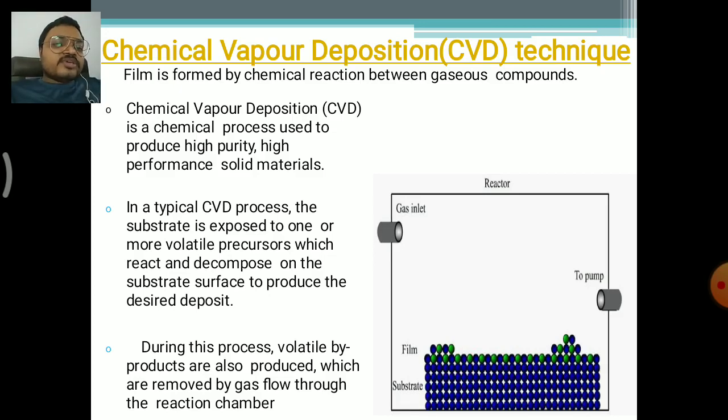On the left side we are using the gas inlet, so gaseous chemical compounds come into the chamber through the regulator. Then the chemical compounds are deposited at the bottom of the tank. When the reactor is on, the substrate and the thin films combine and produce gaseous compounds, and these gaseous compounds go out through the pump on the right side of the tank. So this is the regular process used in the chemical vapor deposition technique.